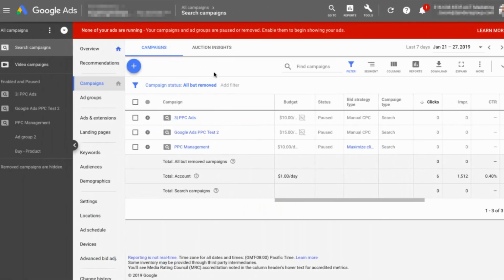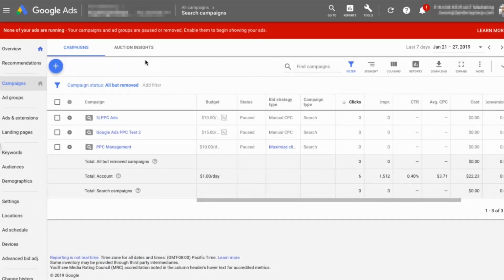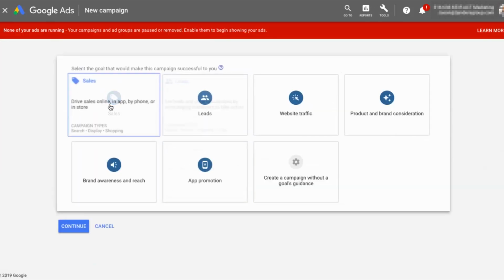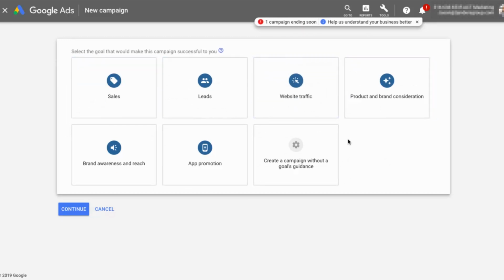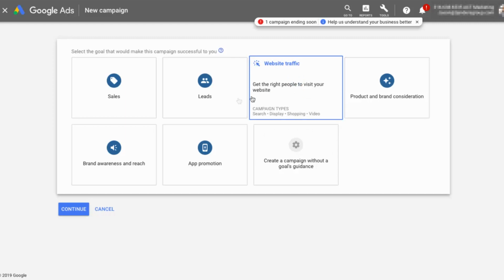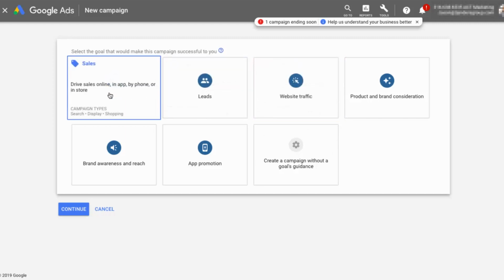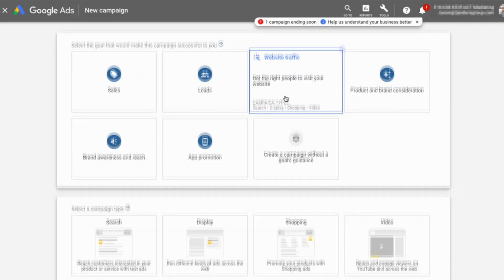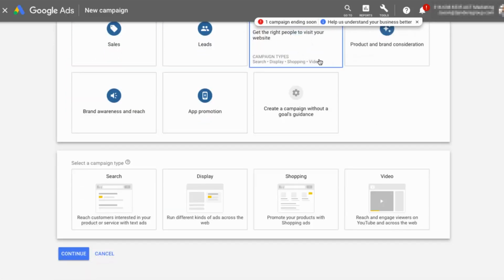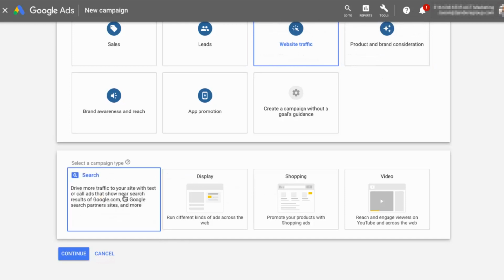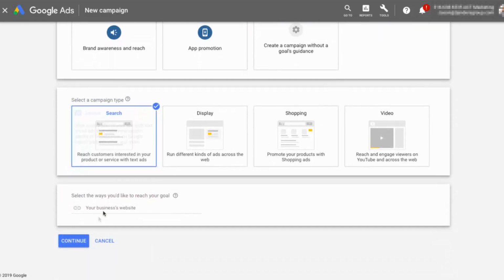So I'm inside my Google Ads campaign manager here, and once you've set up an account, I've gone from overview, I've clicked on campaigns, and we can click this giant blue plus button and click create new campaign. It'll give you all of these options for different types of campaigns to set up. Since this is the first time we're setting up a campaign, and I'm going to assume you don't have all that fun conversion tracking set up yet, we need to click website clicks. Doing leads and sales is great if you already know you have a website that's working or you've run traffic in the past. Then here we'll select what type of campaign we want, and it is going to be search. Now we can go ahead and click continue.